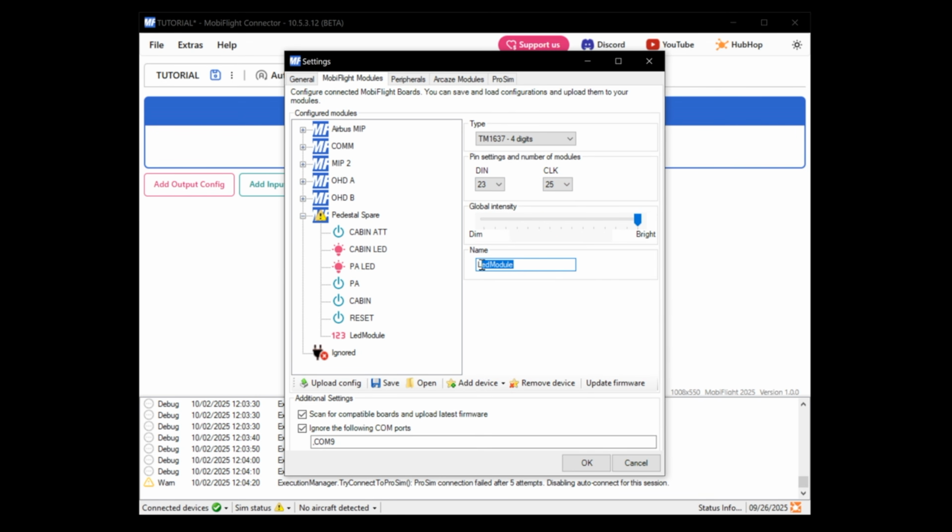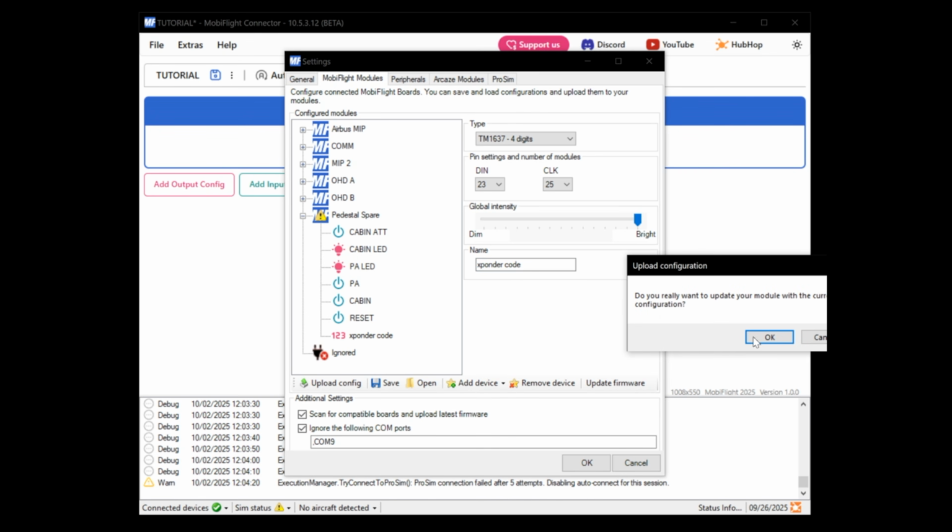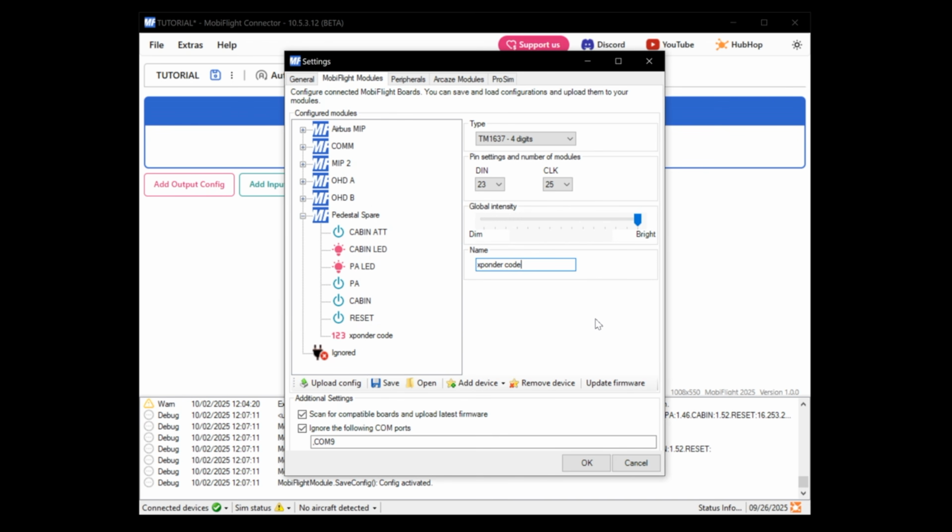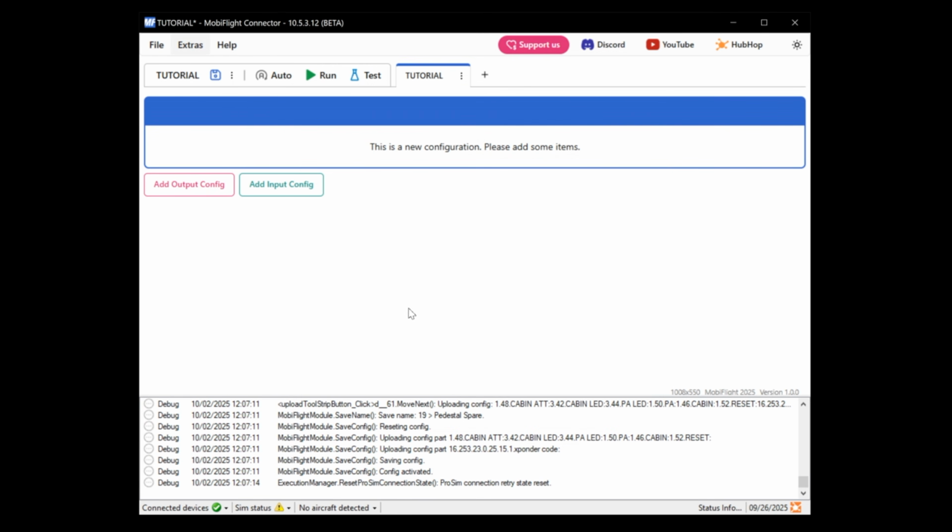And we'll just call that transponder code and hit upload. And now we need to add that as an output. So to add it as an output, click Add Output Config